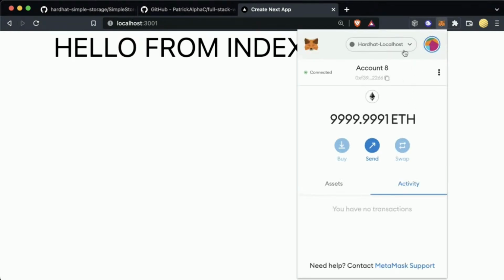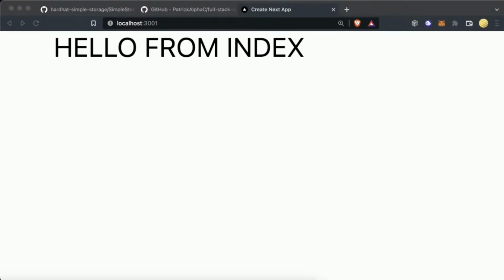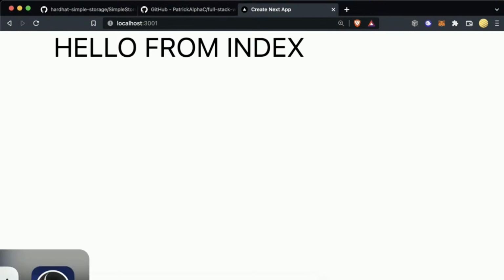And you notice that a lot of people were saying, hey, what happens when you switch networks? What happens when you switch accounts? What happens when you disconnect? Our front end did nothing when all that stuff happened, which was really upsetting. Because we want our front ends to react when the user switches networks, when the user switches accounts, etc.